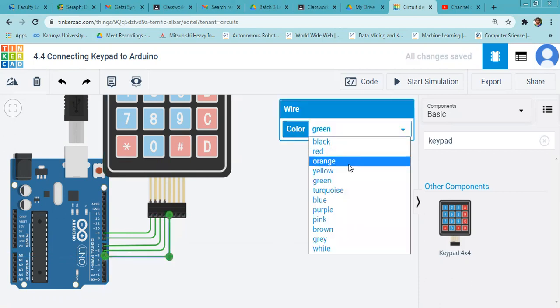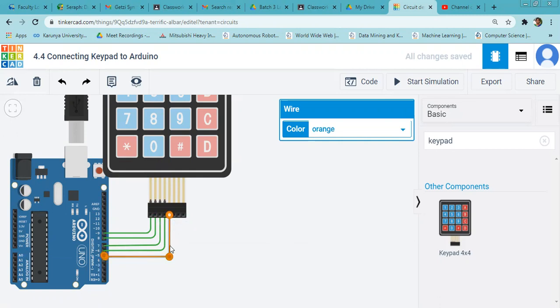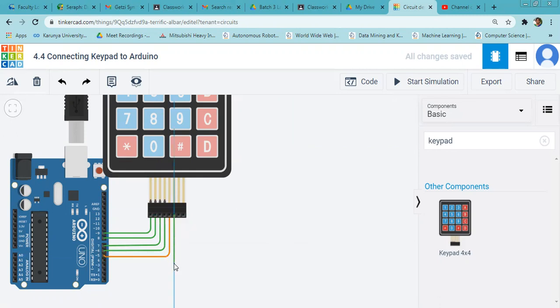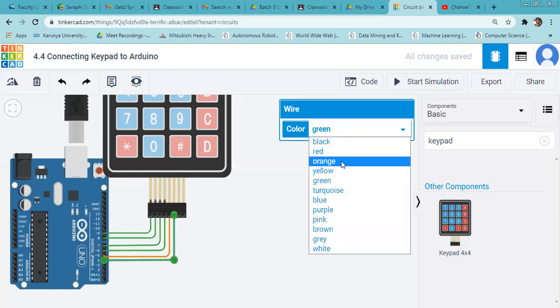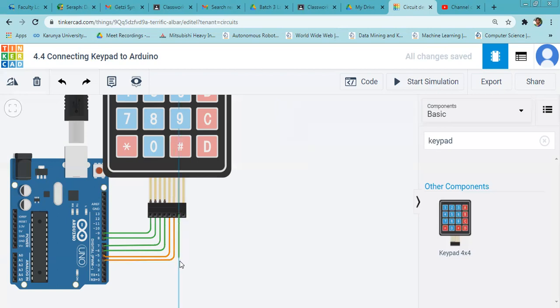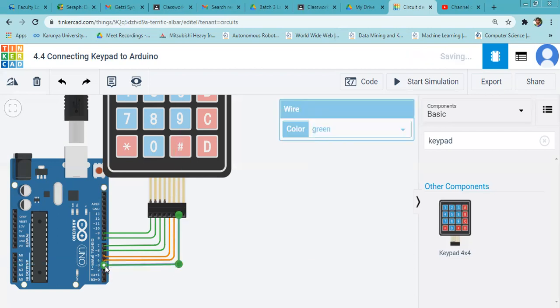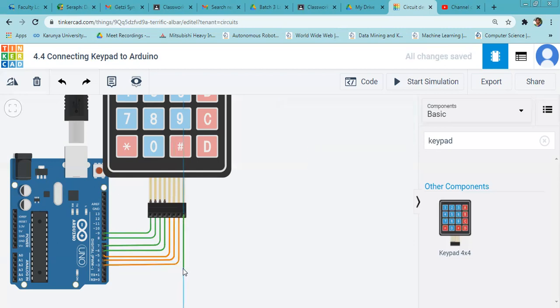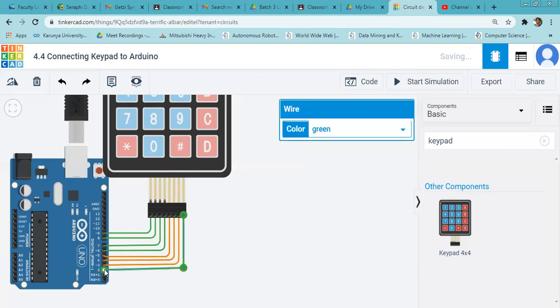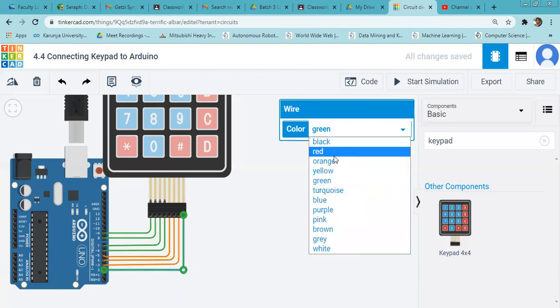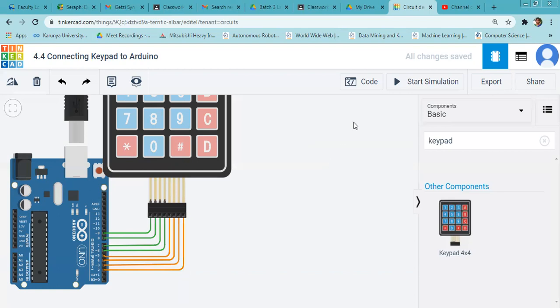We'll give a different color. Now the connection part is done. We'll see how to code this.